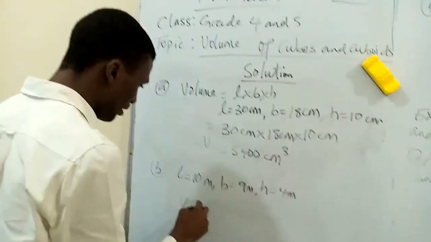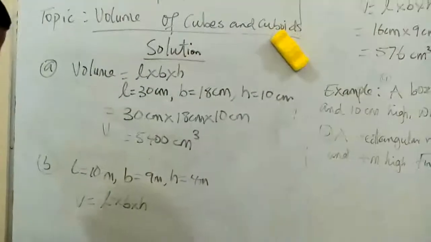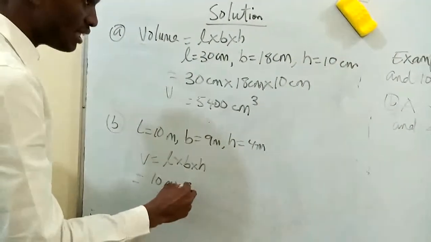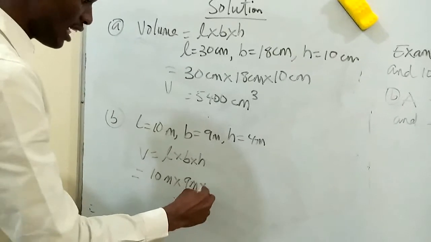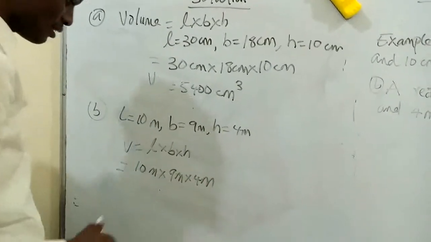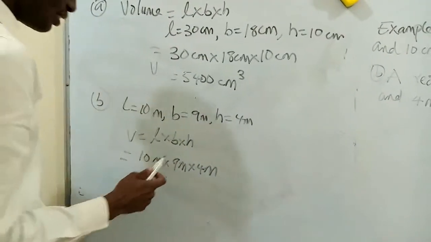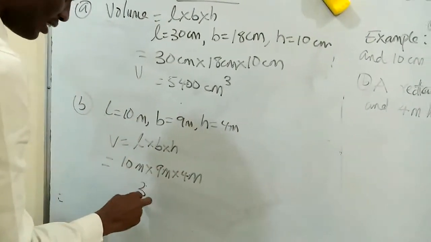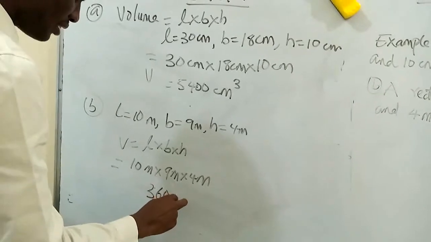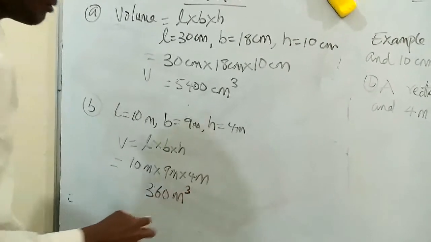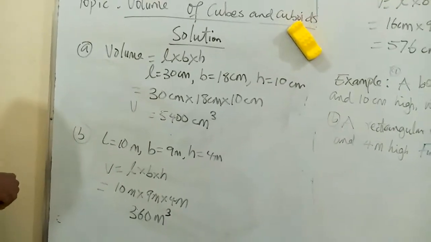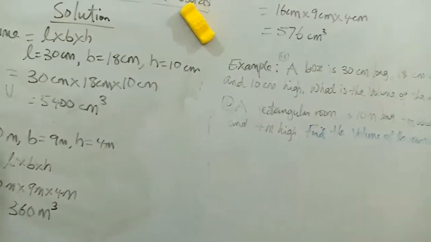You see that it is length times breadth times height. Now we have 10 meters times 9 meters times 4 meters. 10 times 9 gives us 90. 90 times 4 gives us 360. So we have 360 meter cubed. So the volume of that rectangular room of length 10 meters, width of 9 meters, and height of 4 meters